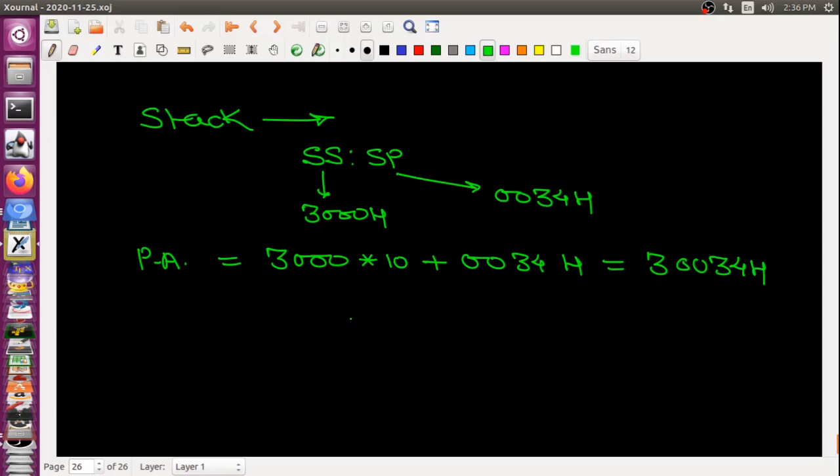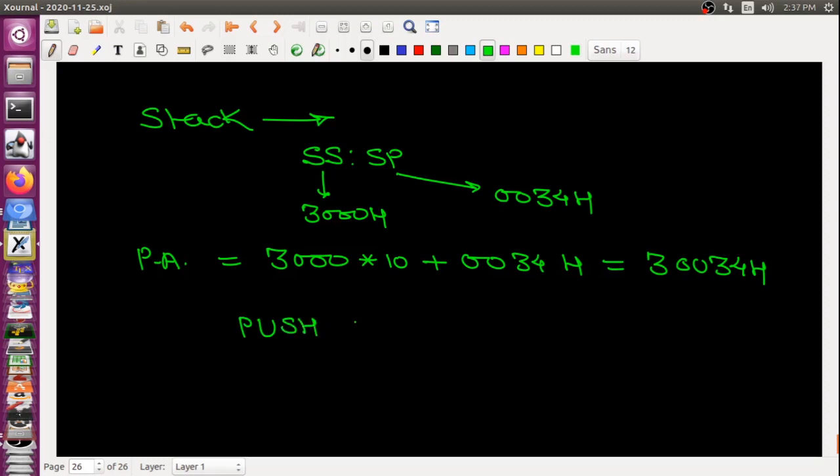One more important concept here is that whenever we want to put some data on the stack, we normally use this type of instruction, called PUSH.